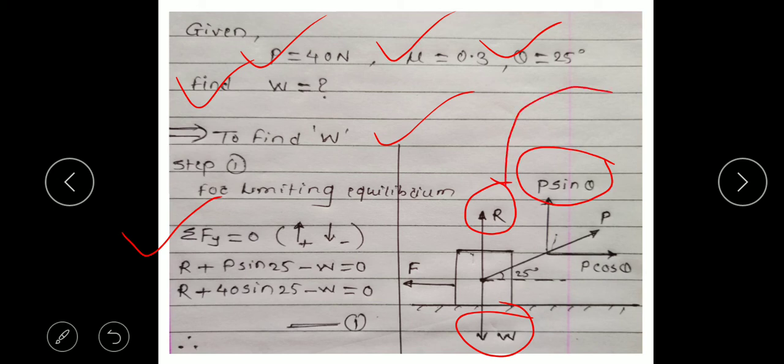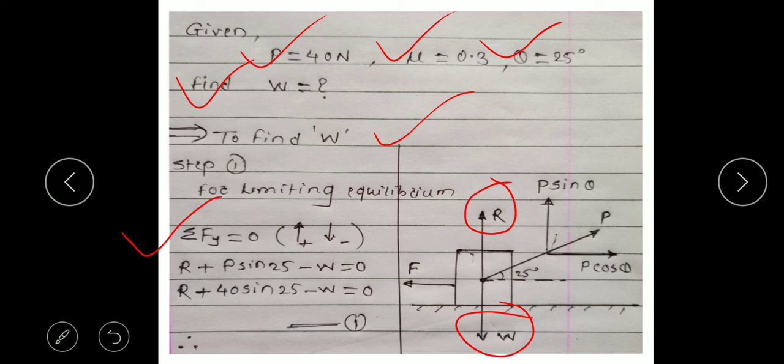But don't forget to write this way, because you may make some mistakes here. When the body is placed on the horizontal, don't forget to mention the horizontal component as cos theta and the vertical component as sin theta. But on the incline, the situation will be reversed. The vertical force will be cos and the horizontal force will be sin. Only this one thing has to be remembered, otherwise the whole situation is the same here.